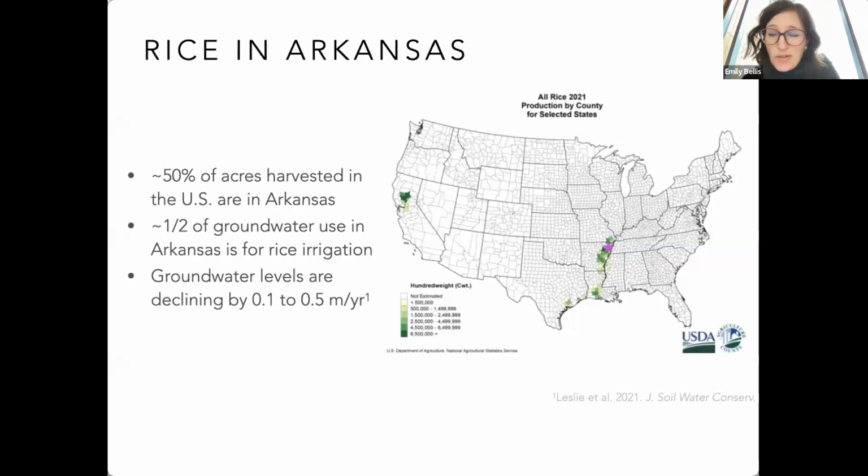So rice, of course, is a very globally important crop, and also very locally important to my home state of Arkansas. So I can't get away without showing this map. In Arkansas in the US, we produce about half of the rice that's produced in the US. And this also has a big impact on the water use in our region. About half of groundwater use in Arkansas is for rice irrigation, and groundwater levels in this area are also